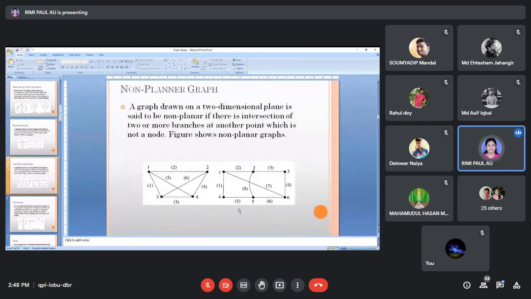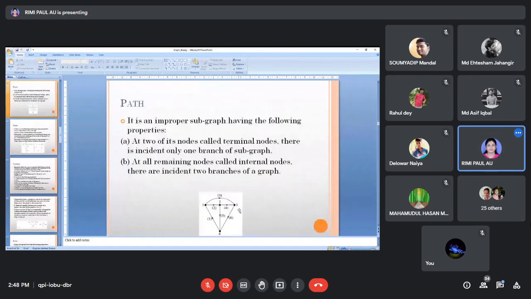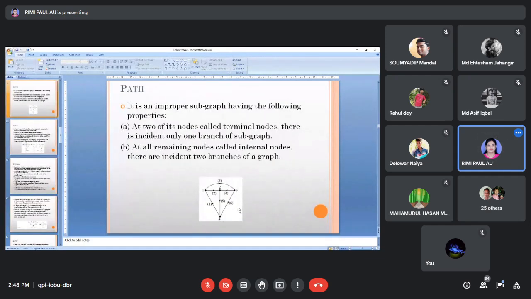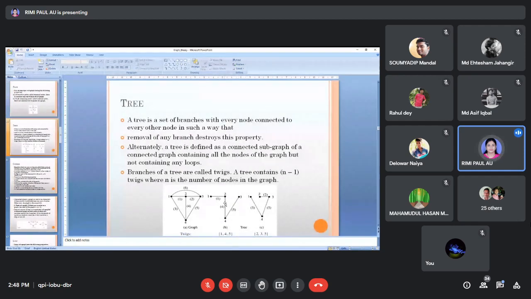So I am showing you. These are the branches, 1, 4, 5 are branches, but between 2 and 3 there is no connection. Between 1 and 4 there is no connection. Between 1 and 3 there is no connection. So branch 6, branch 2, and branch 3 are cords or links.